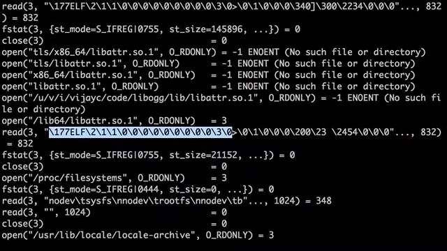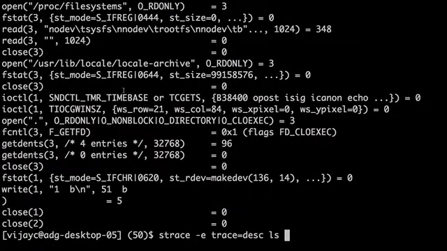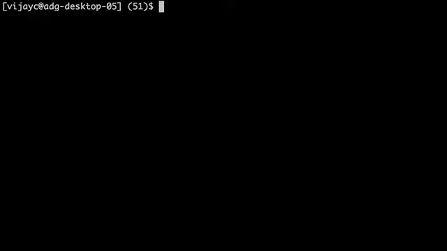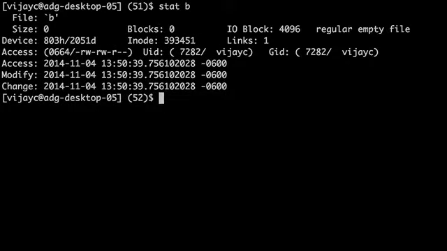Okay. Let me see. I think that's pretty much all we had to do here. Let's do something else. So we have stat B, which basically shows you all of the information about file B. Of particular attention is this: it says it's a regular file. There are different kinds of files in your file system. I didn't get to this part yesterday, but there are things called hard links, symbolic links, files, and directories. So this is telling you yes, this is a normal regular file. It's also telling you that it is empty. So stat gives you a lot of information.